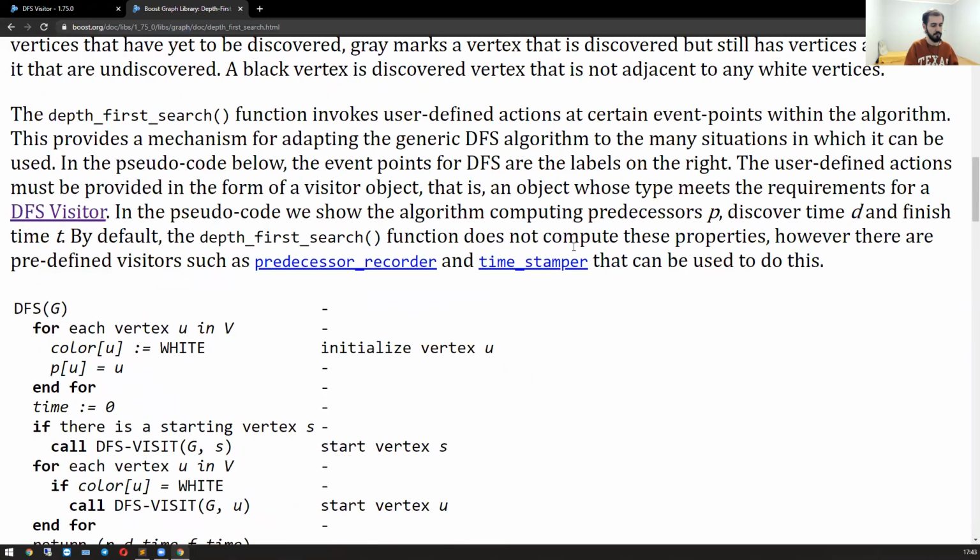These are not computed by default, but they are predefined visitors. And this is the entire point. By default, your DFS does nothing, and it does not do any extra work. Whenever you want to do something, you can use a predefined